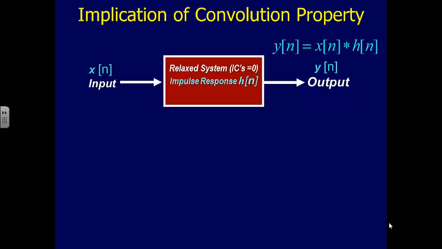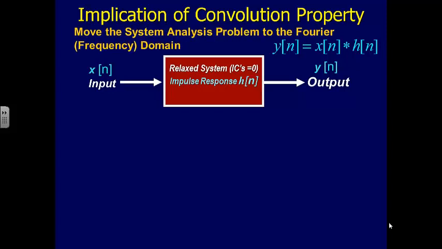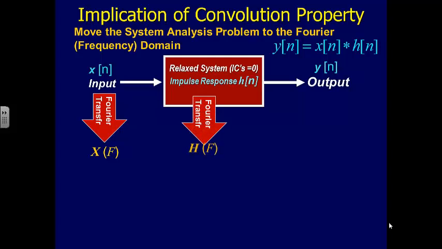Okay. Just to recap where we were last time, we were getting quite excited about the convolution property. That told us that we can do system analysis in the time domain. We can compute the output signal for a system by taking the input signal and convolving it with the unit sample response. This transform is nice because it has this convolution property, which tells me how I can transform the operation of convolution into something simpler. If I take the discrete-time Fourier transform of my input signal, I get my X of f. If I take the discrete-time Fourier transform of the unit sample response, I get H of f, the thing we're calling the frequency response. And if I want to know what the discrete-time Fourier transform of the output signal is, well, I've got to take this convolution